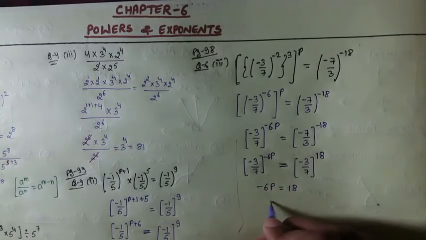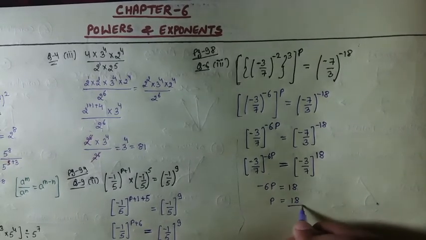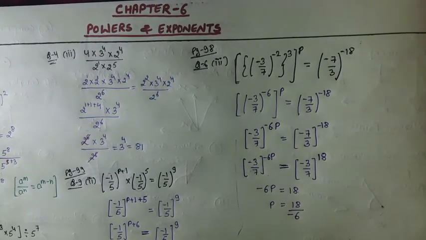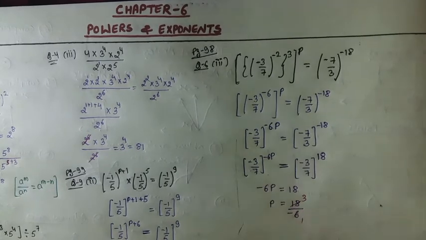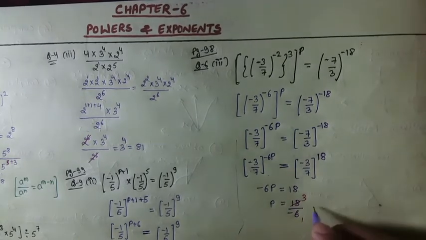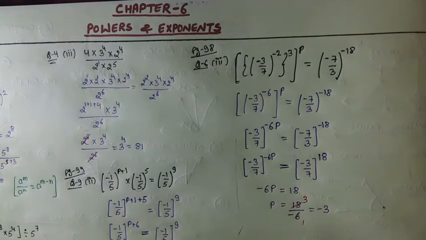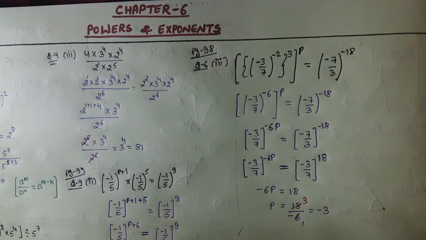These two are multiplied together. So 6 को इधर शिफ्ट करेंगे तो क्या हो जाएगा? Yes, divide हो जाएगा. And this is 6 1s are 6, 6 3s are 18. We will get the answer as -3. So here the value of p is -3. क्लियर है ये? क्लियर है? ओके फाइन. नेक्स्ट क्वेश्चन प्लीज.